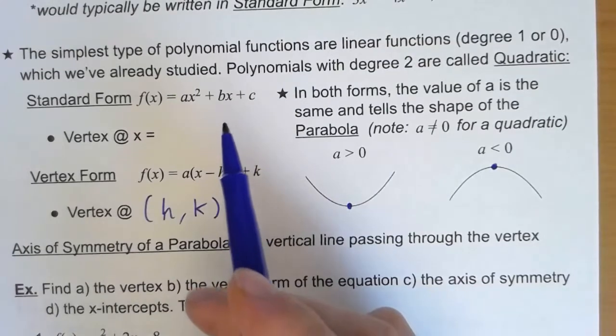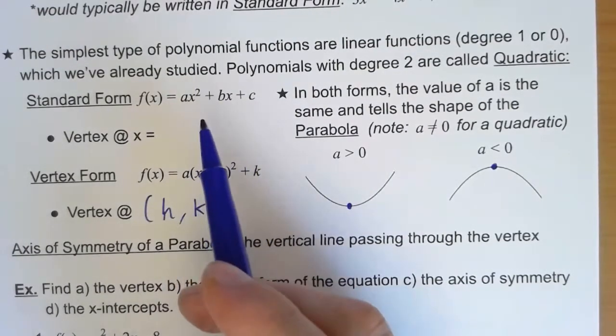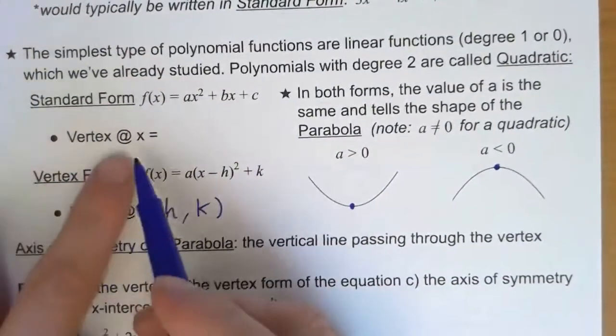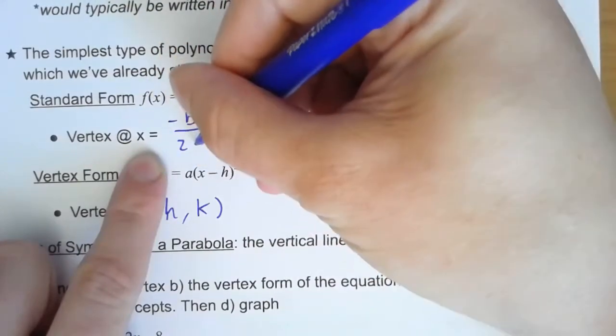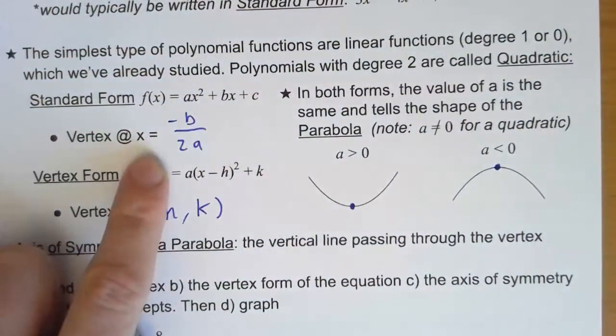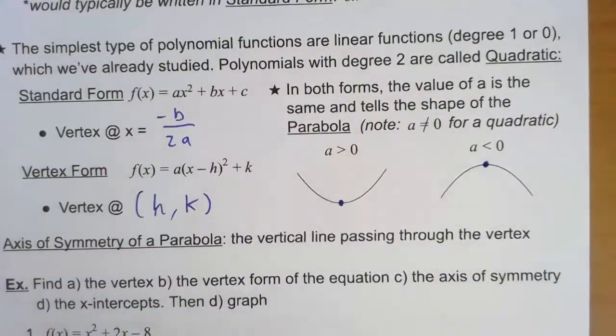Standard form doesn't show you the vertex quite as directly, but there is a way to find it from standard form. The vertex, the x coordinate of it, is actually at negative b over 2a. Negative b over 2a. Hopefully you feel like you've seen something kind of like that before, starting with the opposite of b being all over 2a. That's actually the first part of the quadratic formula,